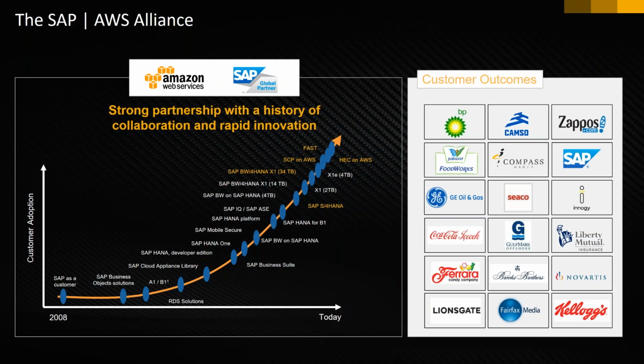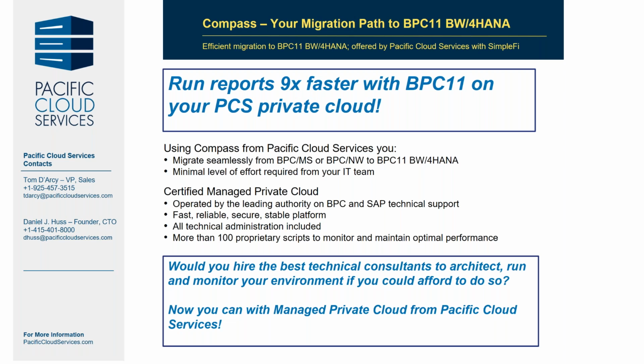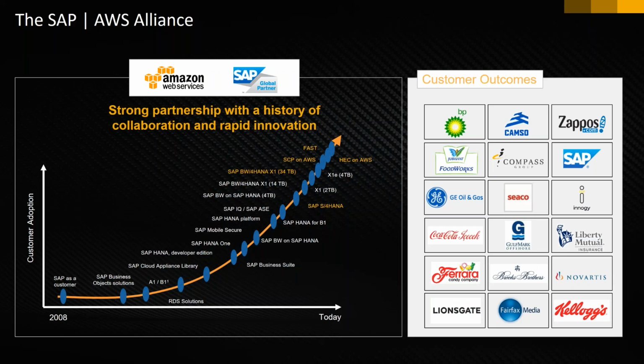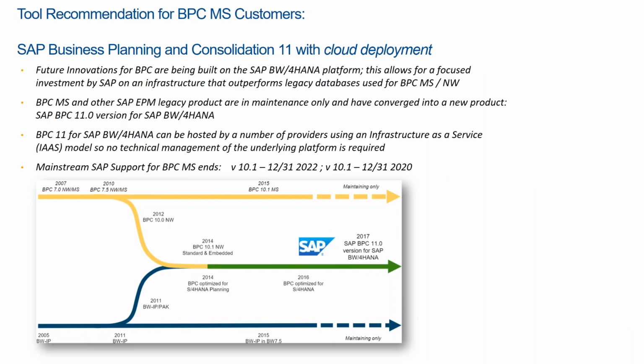So a couple options, again, in addition to Amazon Web Services and Azure, but a company like Symmetry or PCS, or there are other companies out there, would provide the managed services to you. And I know they'd be happier to host it on their own certified environments. So next, we're going to talk a little bit about the BPC roadmap